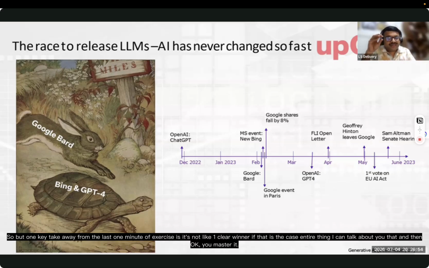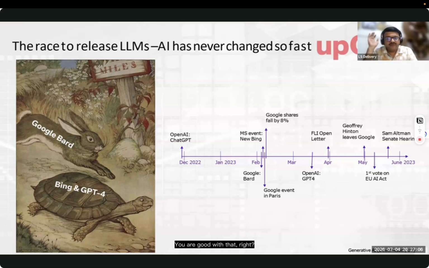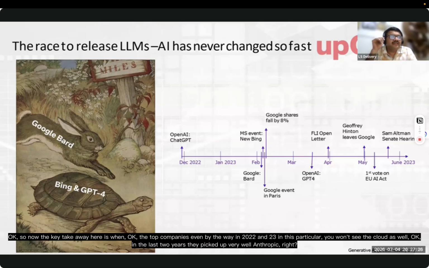But one key takeaway from the last 1 minute of exercise is, it's not like there is one clear winner. If that were the case, I could talk about the entire thing and you master it and you are good with that, right? We are not reaching that stage. I don't think we'll reach that stage very soon either. So each of them has its own advantages and even challenges as well. Okay. Yeah, merging to challenge with the Fable 5, interesting, Simone. Okay. So now the key takeaway here is